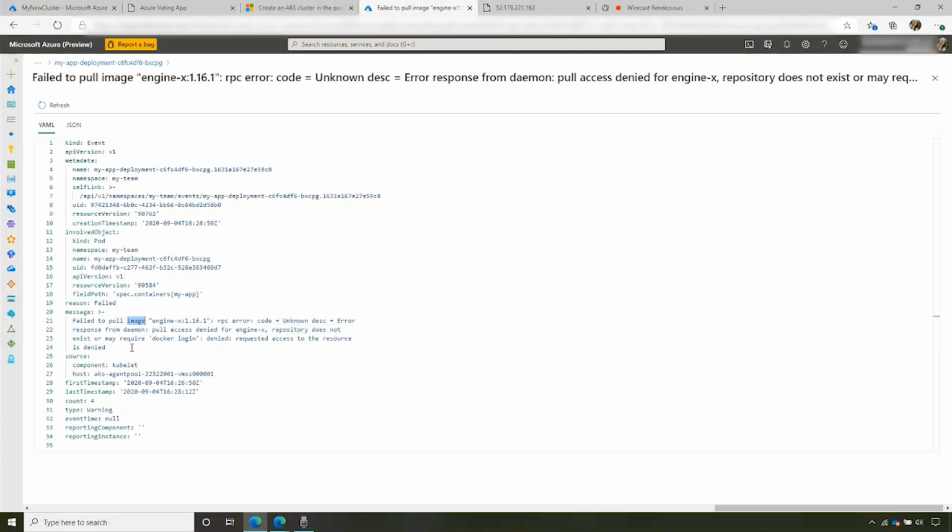And if I look at the image, yep, looks like we found the problem. My teammate and I were talking about this, and I mentioned that we should use the web server Nginx. Unfortunately, this isn't how it's spelled. So now that we know what's wrong, let's go ahead and fix it.